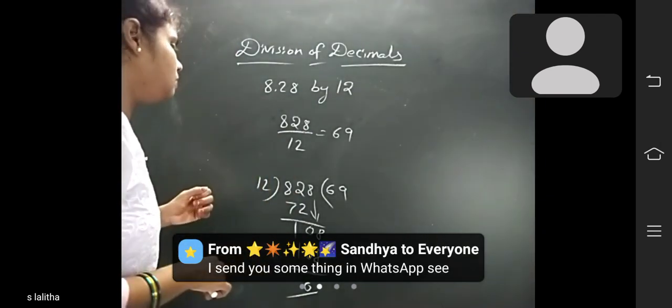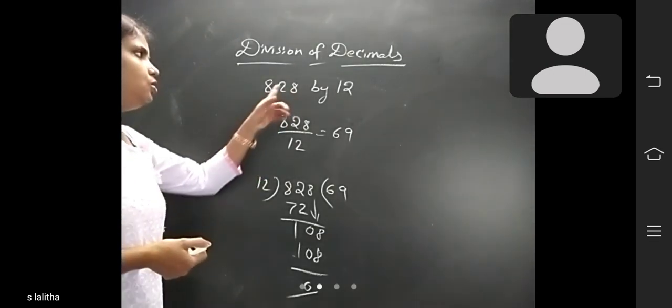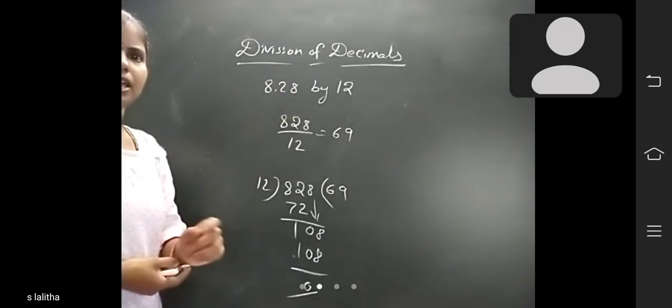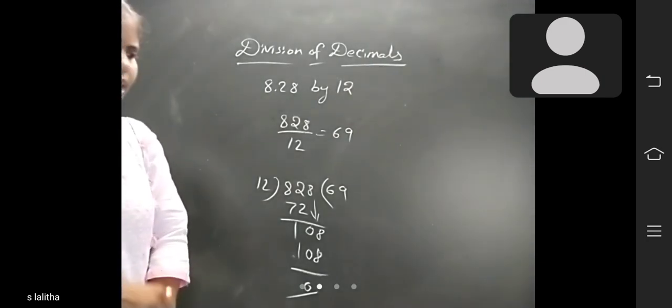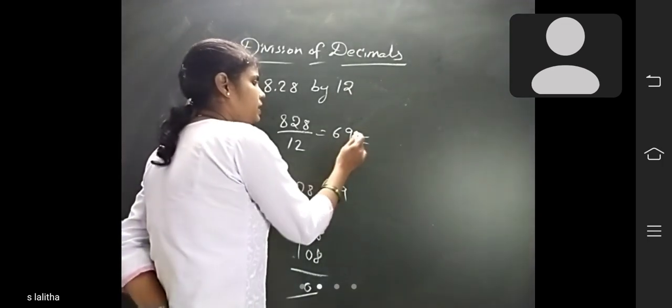How can you keep the decimal point? Here, how many digits after the decimal point are there? 2 digits after the decimal point. Okay. So you should keep the decimal point after 2 decimals. That means here